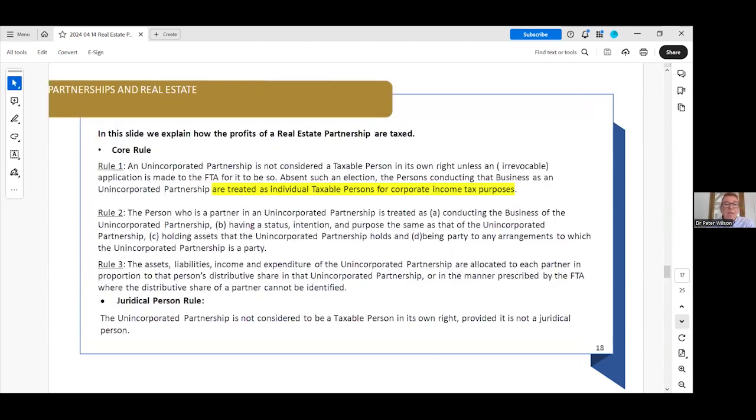Partnerships and real estate. The core rule here, and I apologise, I'm having to speed up a bit because I know everybody's got to get off to where they're going, and I will stop in a few minutes so you